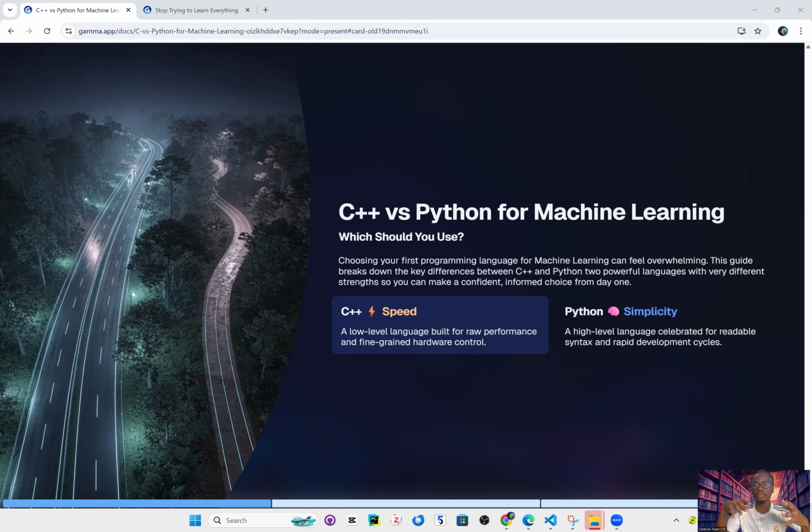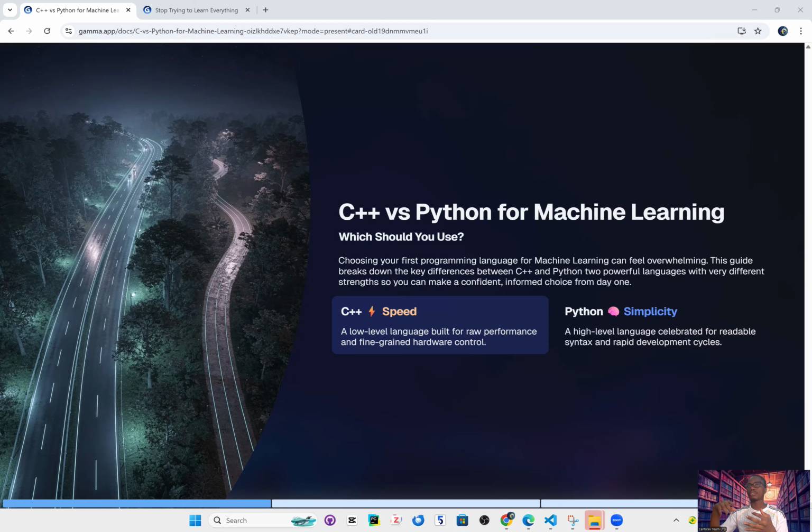Whenever we talk about C++, it's a low-level language that is built for raw performance, and it's finely grained with hardware control. A lot of people that program in C++ or C, the family from where C++ was born, have more access to the computer's hardware because you are allocating memory, using pointers, malloc and all of that. But it might be a bit tedious with syntax, but I won't really say so much about that now, or maybe probably in the next slide.